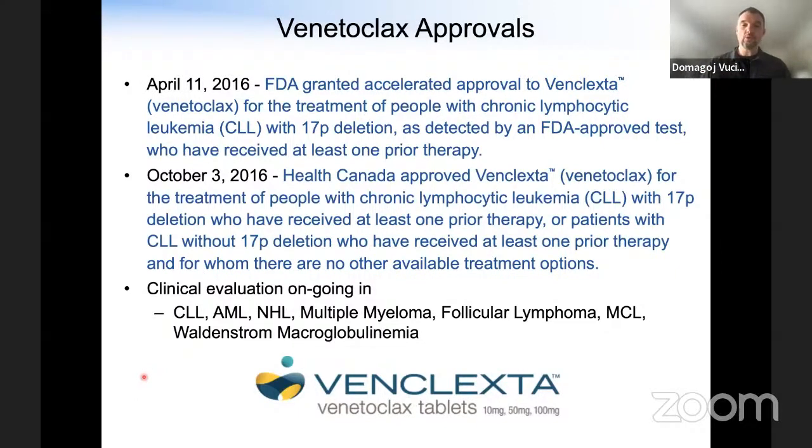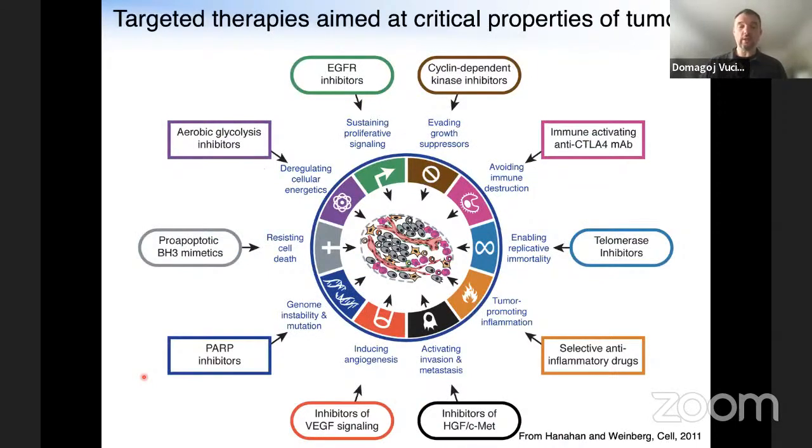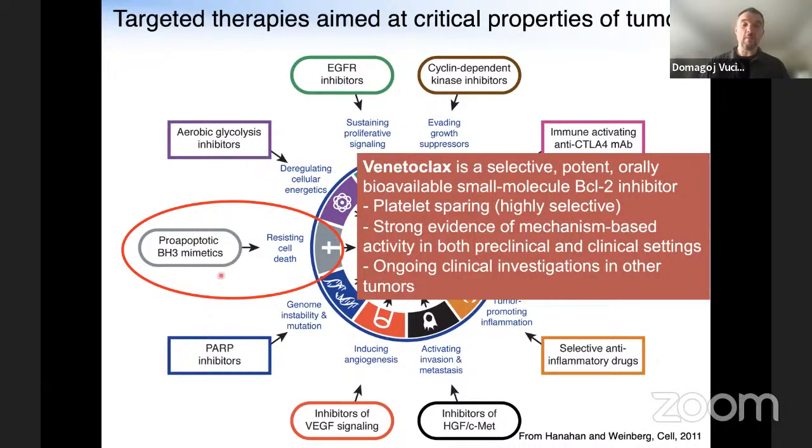Okay? So I can say that when you look at this schematic and many aspects, and there are efforts, I can tell you that thousands of biopharmaceutical companies are targeting cancer, various aspects. At least here, we have shown that it's possible, because Venetoclax is a selective, potent, orally bioavailable small molecule with all these features that I described. And it really serves as a great proof of concept that you can really target cancer by going after cell death and inducing cell death in this compartment where there is insufficient apoptosis. Okay. So this was a first